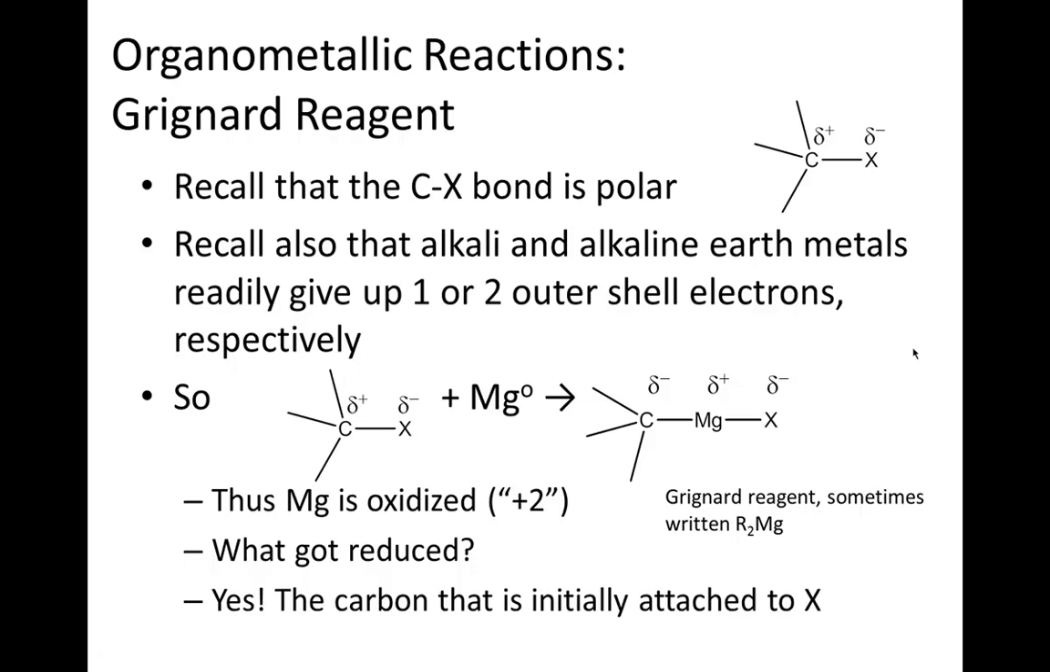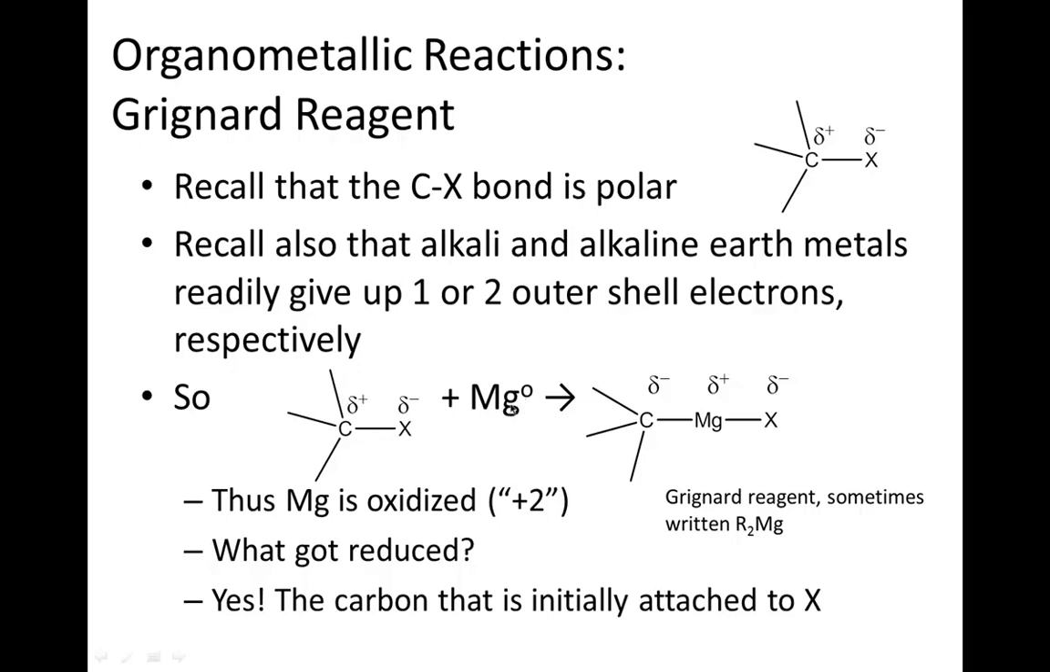Now remember that if you have a carbon to halogen bond, it's polarized toward the halogen because the halogen is more electronegative. And this chapter has been about organohalide type compounds. Well, we've learned in the past about alkali metals and alkaline earths. Remember, this is column 1 and column 2 of the periodic table. And those metals are very readily able to give up an outer shell electron or two, depending on which column you're in. So we can react an alkyl halide with magnesium metal,